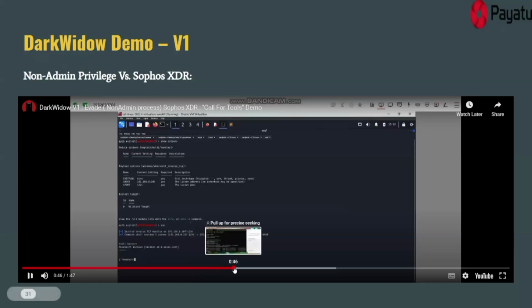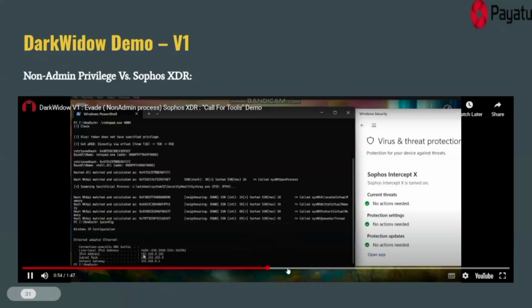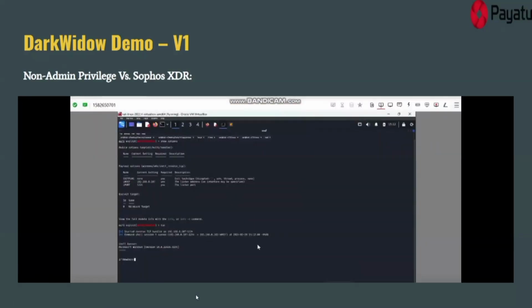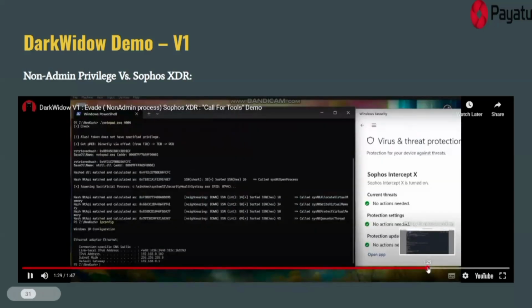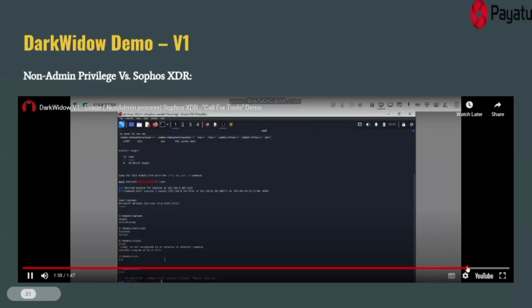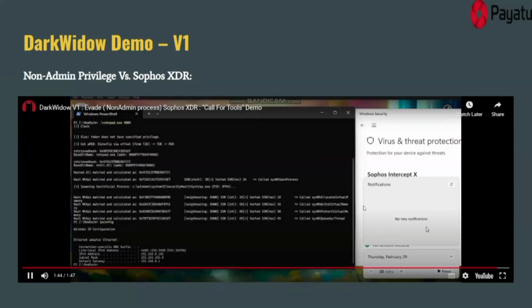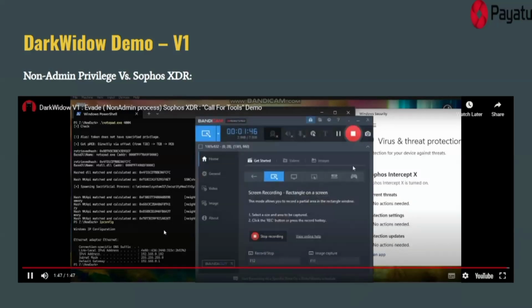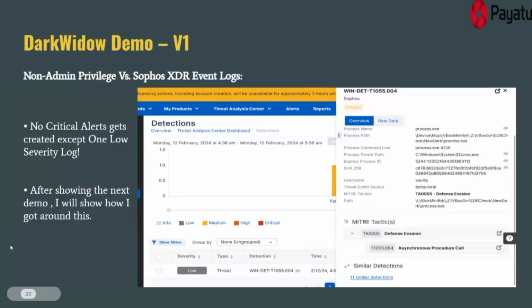Let's see. Again, nothing, no notification till now. Just checking the IP address. 102. Here also 102. Let's see. And see, no notifications, no alerts. We were able to bypass Sophos XDR. So let's see